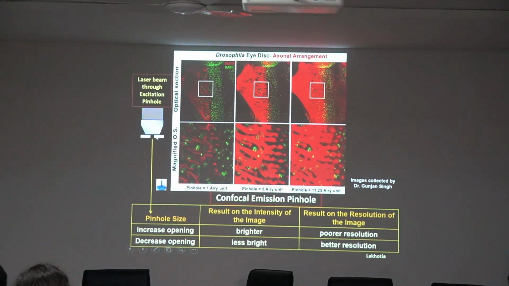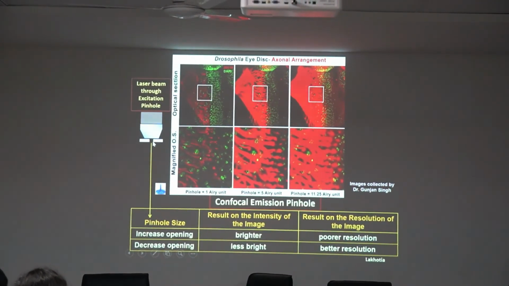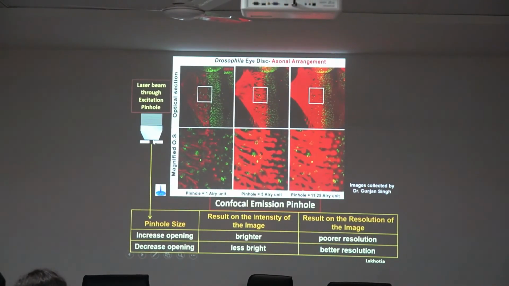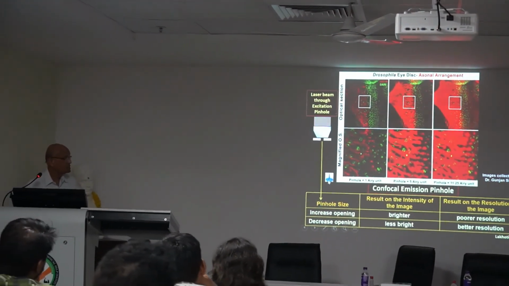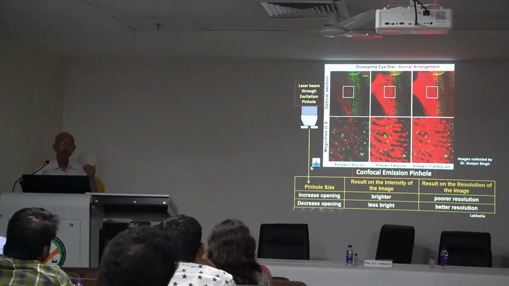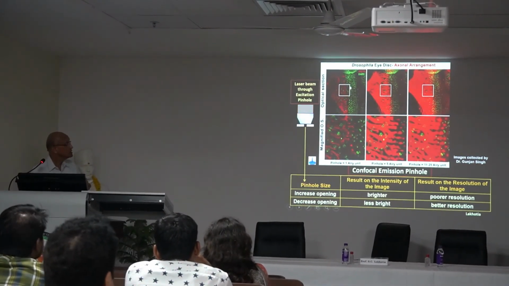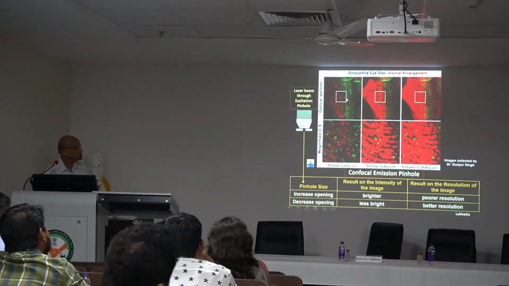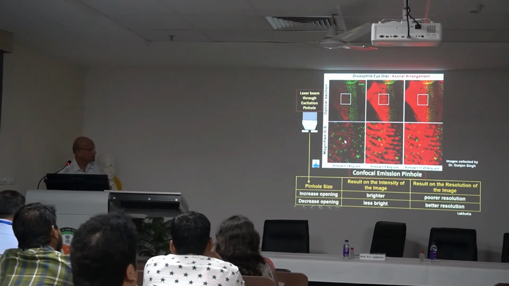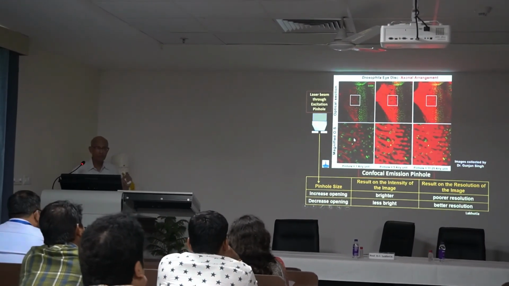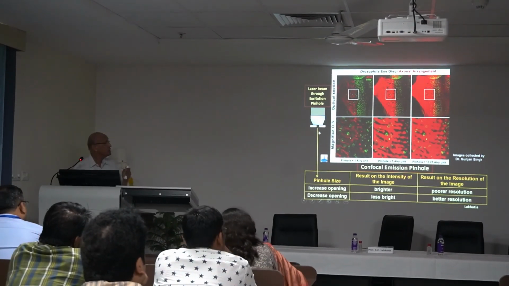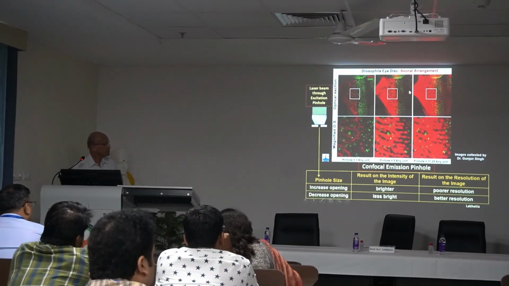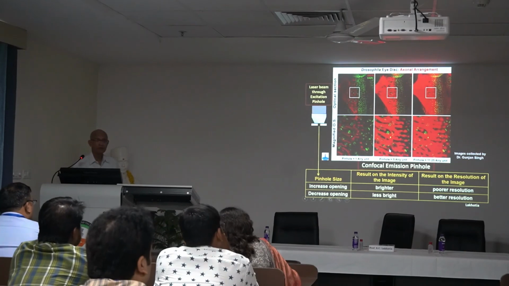If you open it too much, that's what a wide field fluorescence microscope is doing. But we can decide whether we want to open it by 1 area unit, that means how far is the spread, that much, or we open more. If this is 1 area unit, for example, in the image here, same thing at high magnification, we get this kind of image. If we make this pinhole wider open, we get a brighter image, but then resolution is gone.